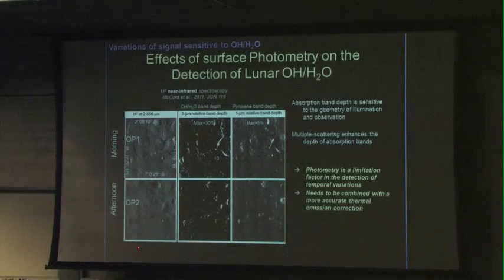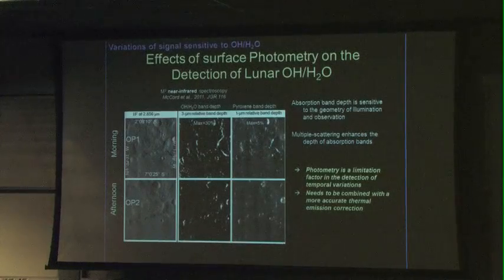So this is just reflectance. The first column is reflectance. The second column is absorption band depth at 3 micrometers, and it shows very strong variations. And as a test, I mapped the absorption band depth of pyroxene. So we don't expect the content of basalt to vary as a function of illumination. And we do see in the absorption band depths strong variations. And these variations are very similar to what we observed at 3 micrometers. So this illustrates a strong photometric effect that we have to correct in order to interpret variations as a function